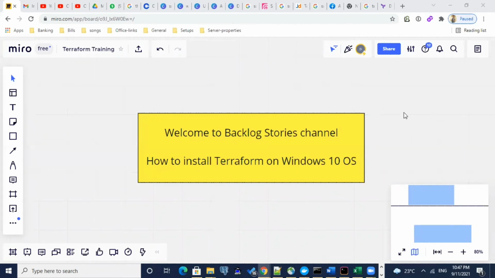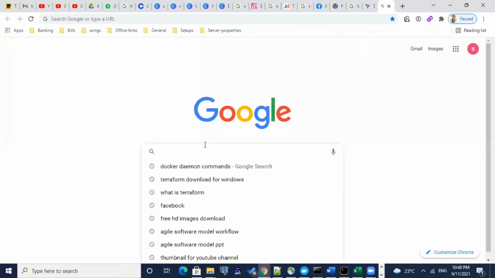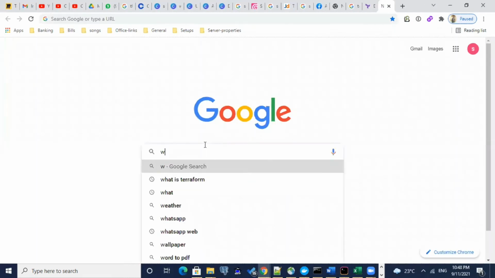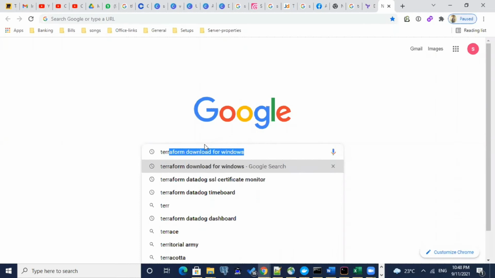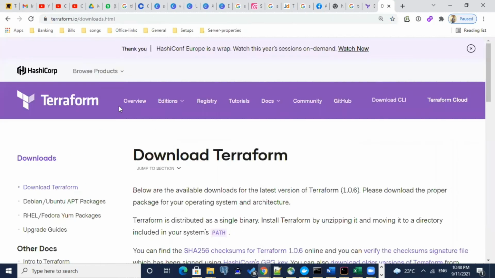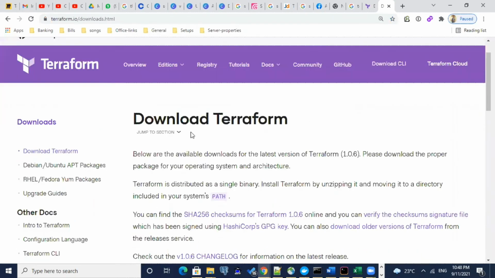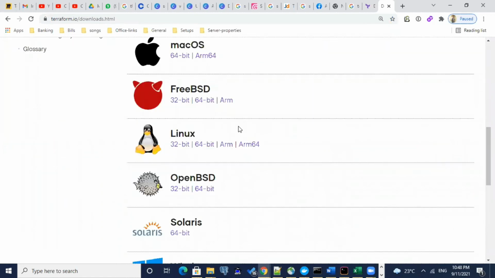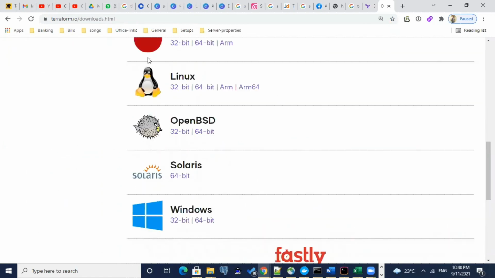In order to install Terraform in Windows 10, you need to go to the official Terraform website. Search with "Terraform download for Windows 10" and go to the first official website. Don't go for any other third-party website. Okay. Scroll down. At the bottom, you see the list of